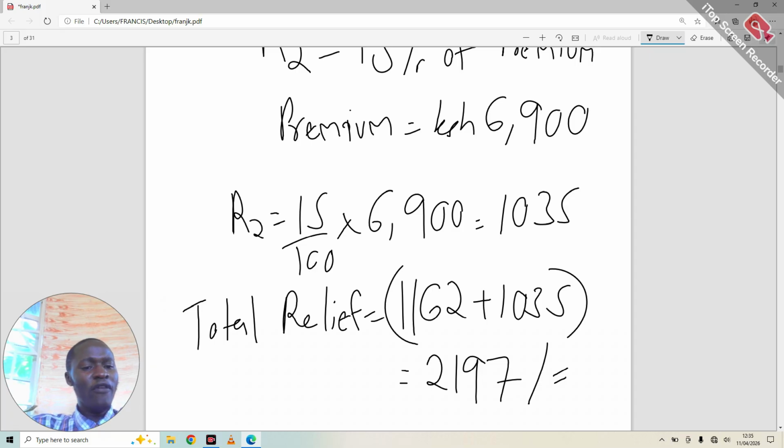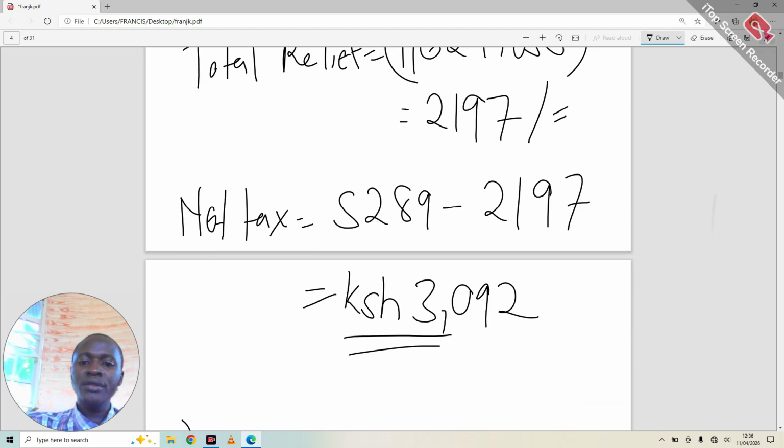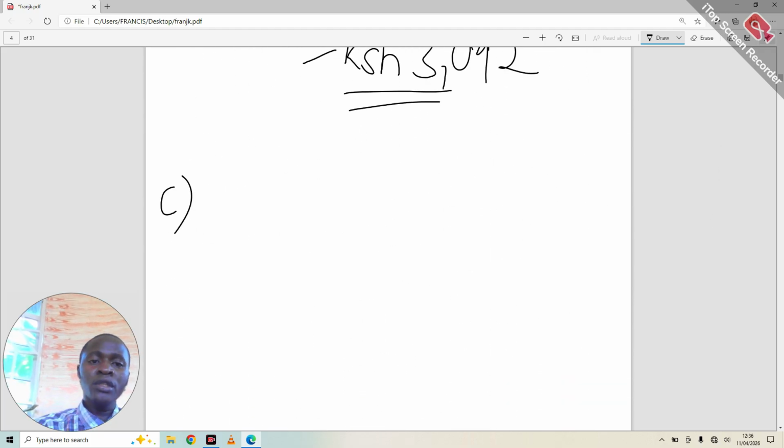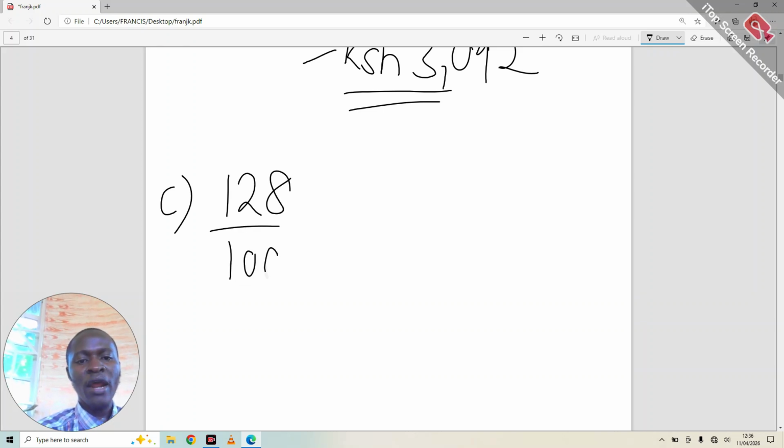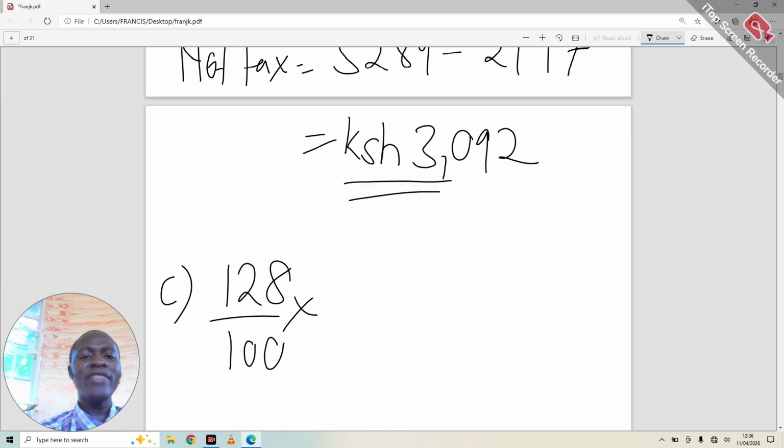it is never gross tax. That 28% more tax is net tax. We shall do more of it. Don't worry. So let's have it. So now 128 all over 100, you multiply by the net tax, not the gross tax. So net tax, we have